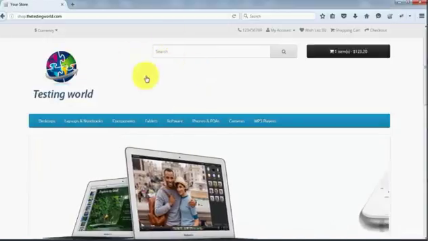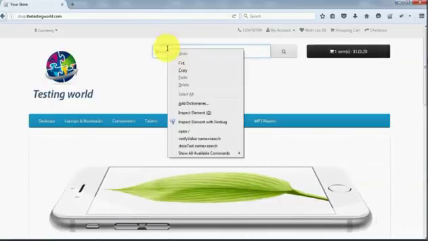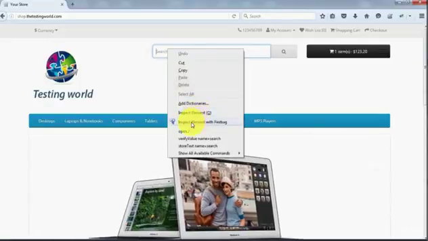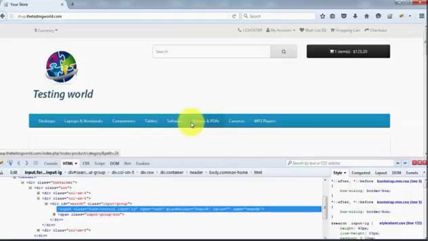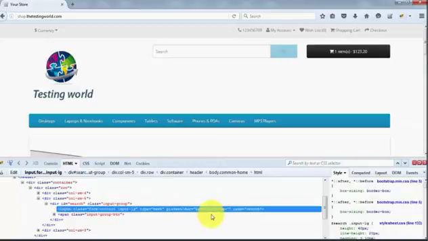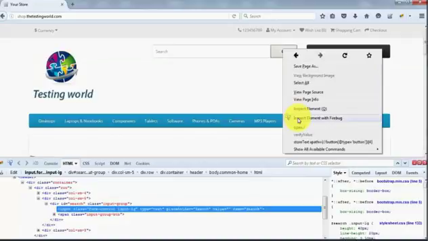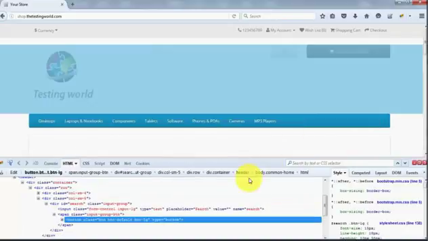So here on my application, this is my search box. I right click on the search box, inspect element with Firebug. So now the Firebug window is going to be opened, and here that's the HTML of my text box. We have class, we have type, we have value, we do not have ID. I right click on any other element, like here on the button, inspect element with Firebug, and again we don't